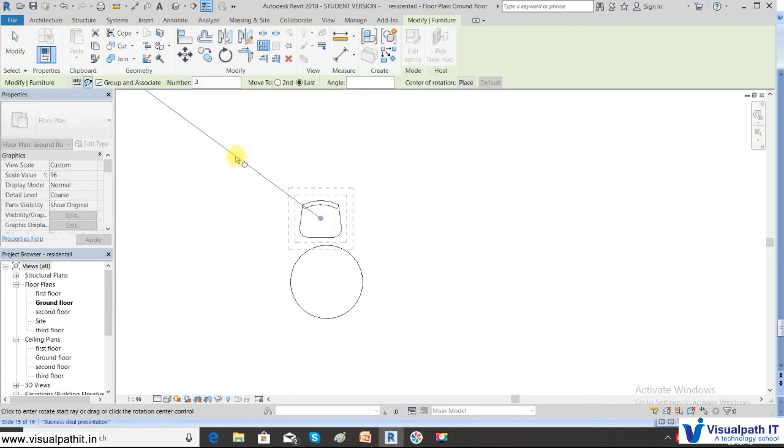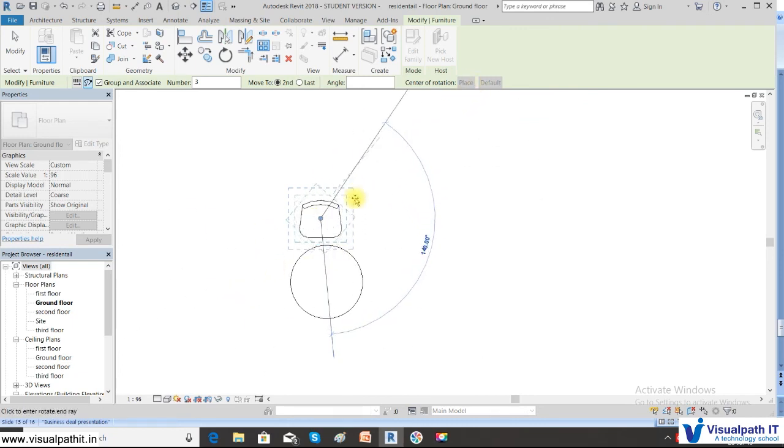Click the radial array. Here the same options are available: move second and move to last. I hope you have understood. Now you need to change the center of rotation, because if I try to array now, the object will get arrayed around this chair. So I want to move the center of rotation from here to the dining table midpoint.